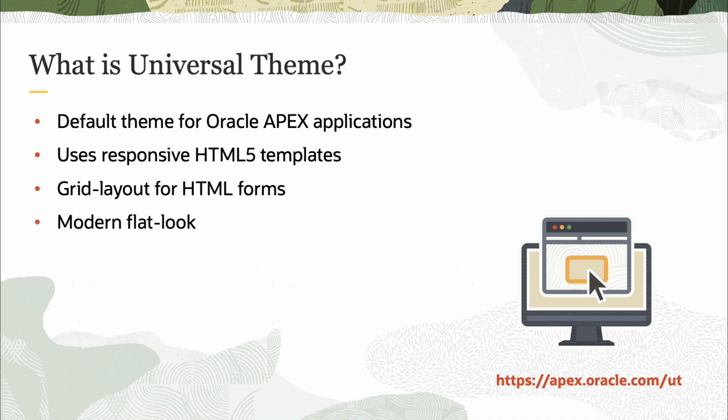Universal theme uses simple two-dimensional elements and a range of colors. This ensures a modern flat look. This flat design ensures that the responsive designs work well and load fast. Additionally, Universal theme ships with a variety of pre-built theme styles. Using these theme styles, you can change the look and feel of your applications. To explore different components available in Universal theme, you can visit